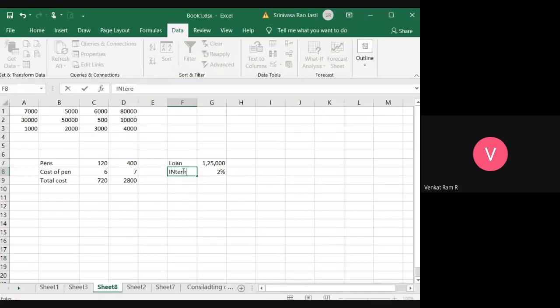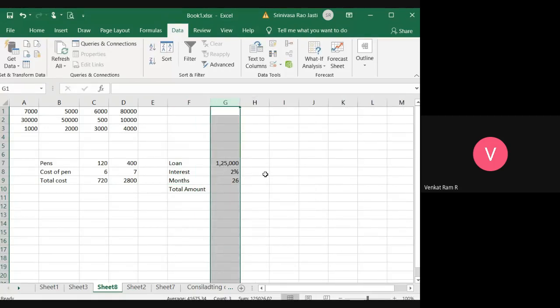Interest is 2%, and once he has taken it, to purchase that EMI, he wants to clear it in, let me think, 26 months. Now how much total amount does he have to pay after 26 months?